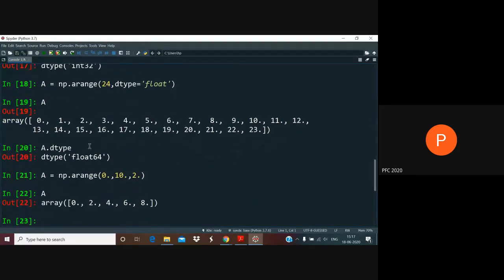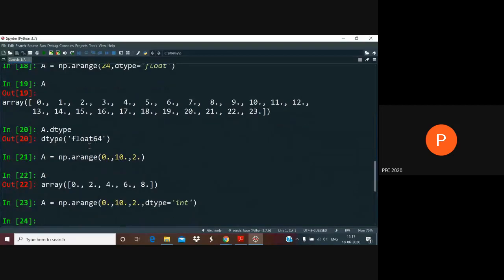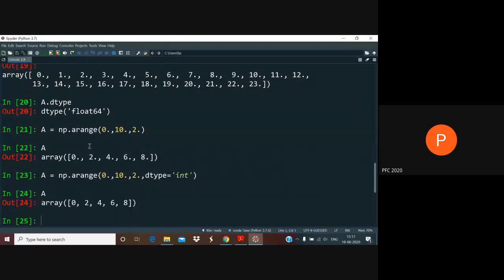The array I'm going to get is actually a floating point array. Along with this, I can specify the dtype as int. If I do that, I end up with a different array. I don't get 0, 0.2, 0.4, 0.6, 0.8. I get 0, 2, 4, 6, 8.